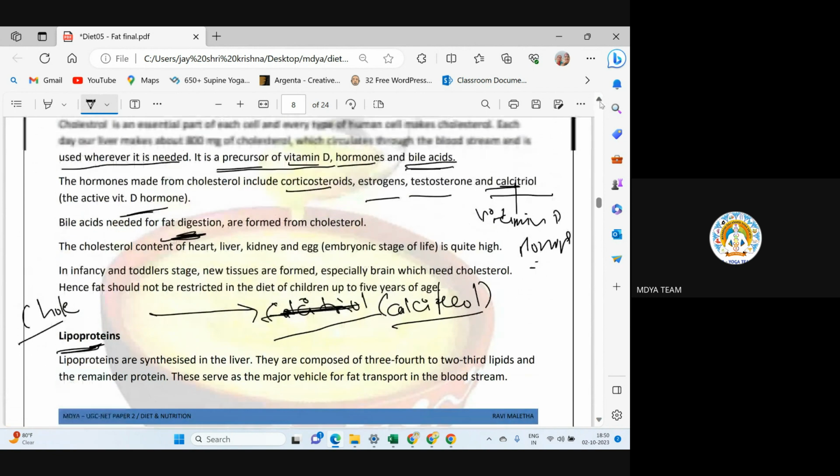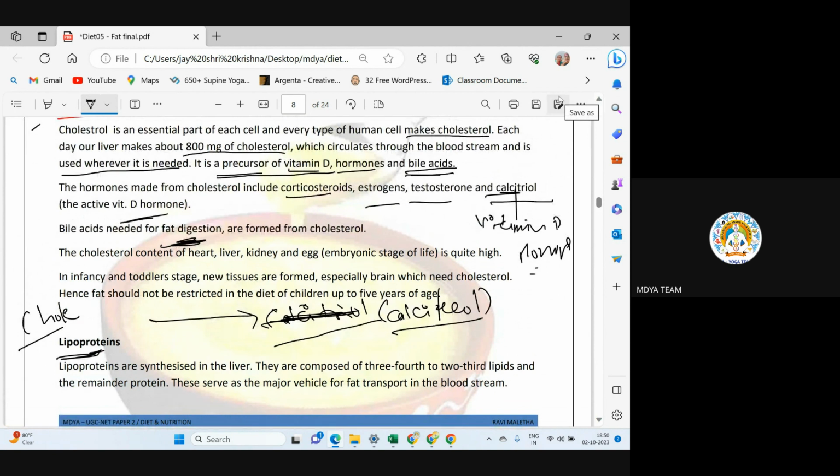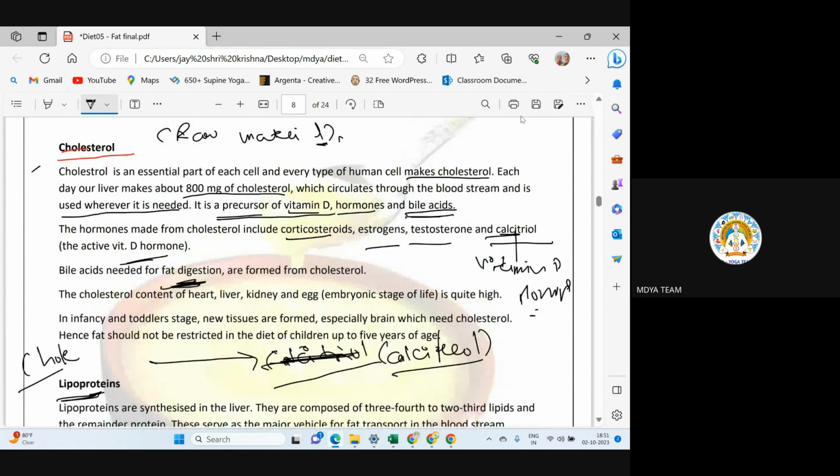but in next class we will discuss about good cholesterol or bad cholesterol. Why most of the people takes cholesterol as a bad term, although it is very much important for our body. Then why it is considered bad, we will discuss in our next class. Cholesterol is clear? Yes, sir. Okay.